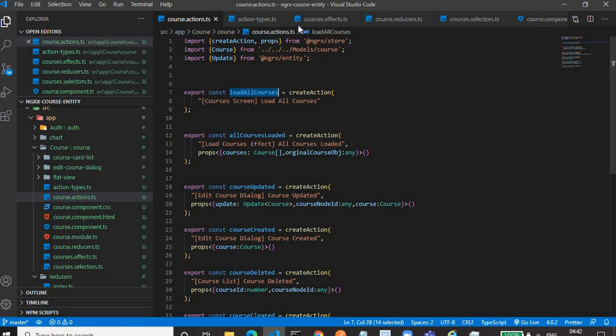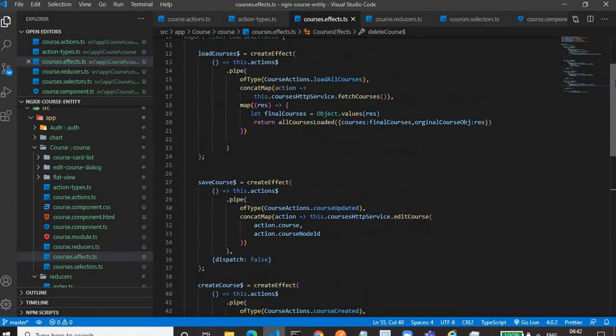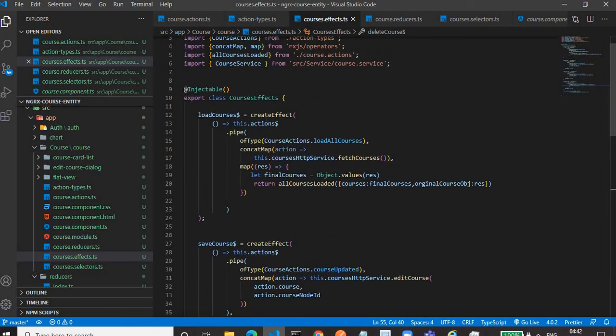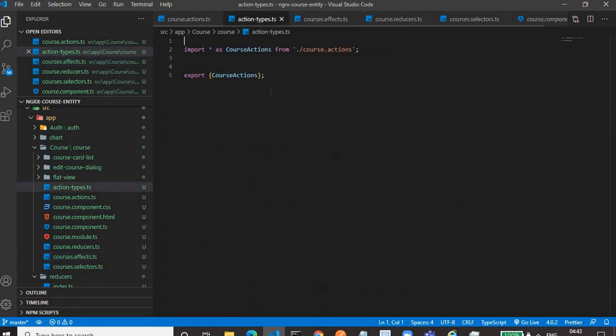So if we go to the courses.effects, let's go to the top. We are creating a createEffect, this.action$.pipe of type CourseActions.loadAllCourses. These CourseActions we have to import from the action types. This is the action type file in which we have defined all the course actions, as we have done for the login screen.